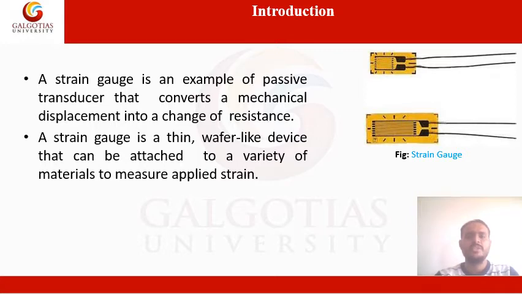The basic principle of operation of a strain gauge is very simple. When a strain is applied to a thin metallic wire, its dimension changes. The change in the dimension is further quantified through the resistance of the wire, meaning that a change in the length or dimension of a wire translates into a change in the resistance of the wire.